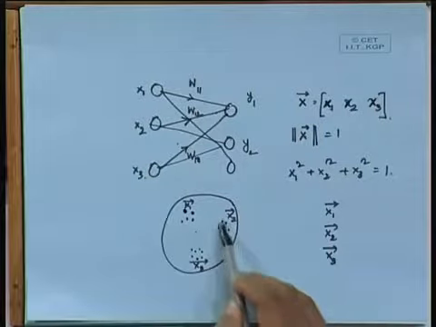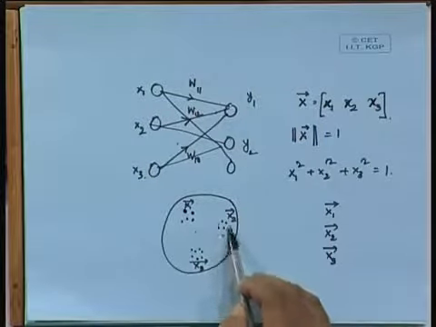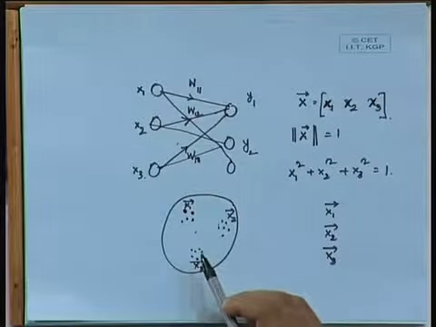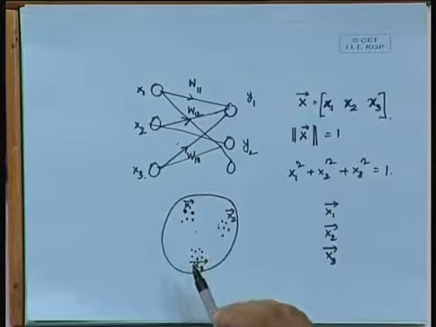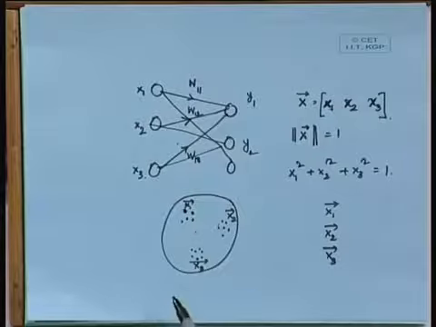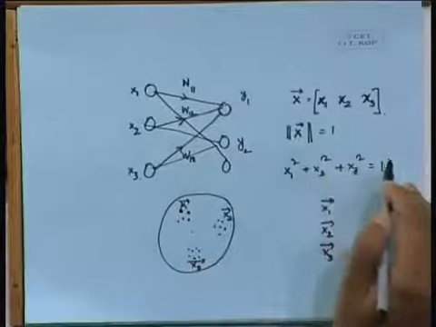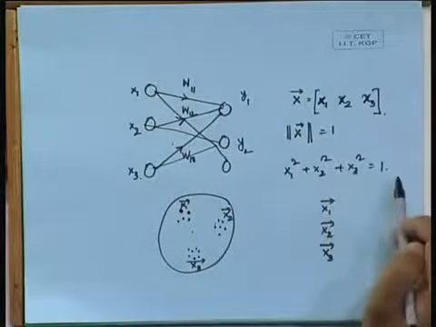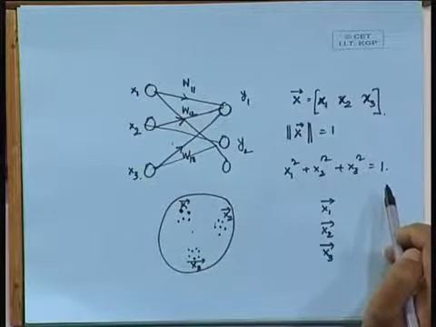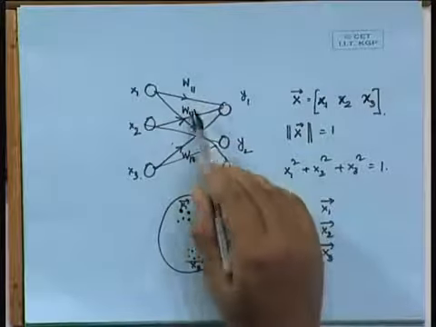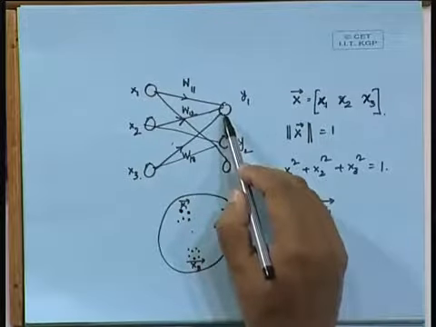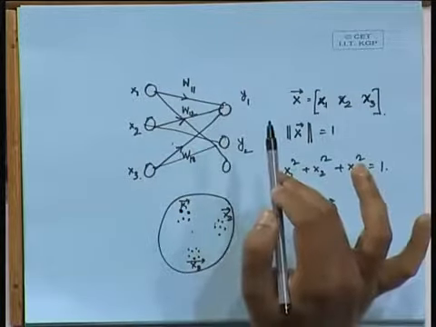No matter, then another output neuron will be classifying this cluster, and likewise the third neuron will classify this cluster. That is what it is going to do. Now, what exactly do we mean by alignment? Just like the way we have assumed that the magnitude of this vector is going to be equal to unity, very similarly we can assume that the sum of the weights connected to every output neuron is also going to be equal to unity.